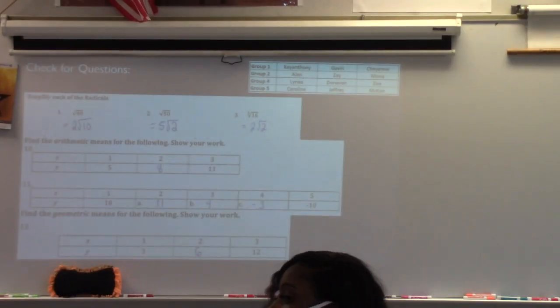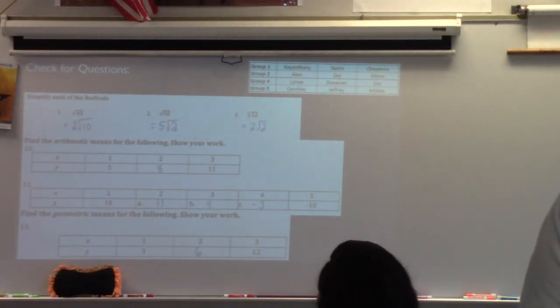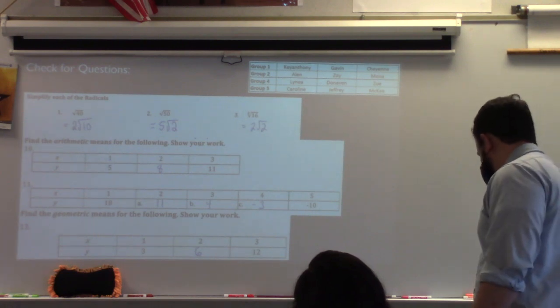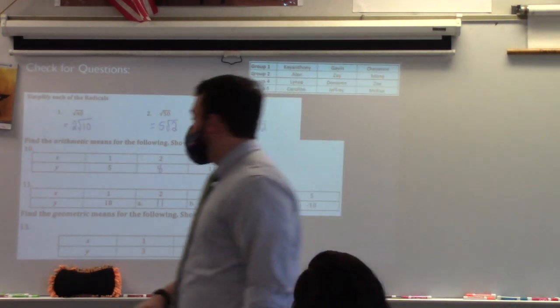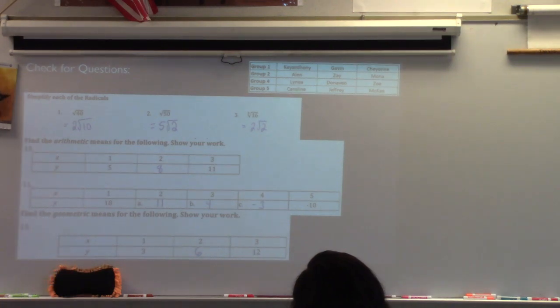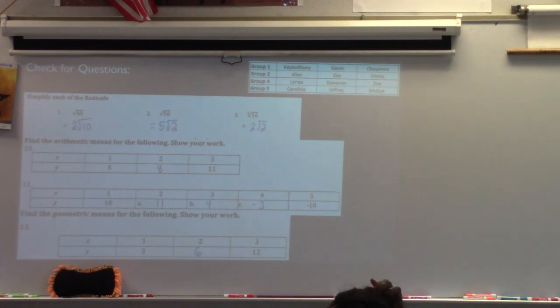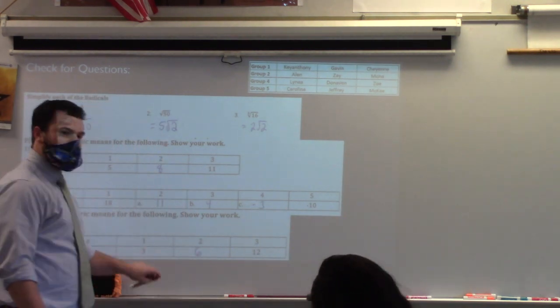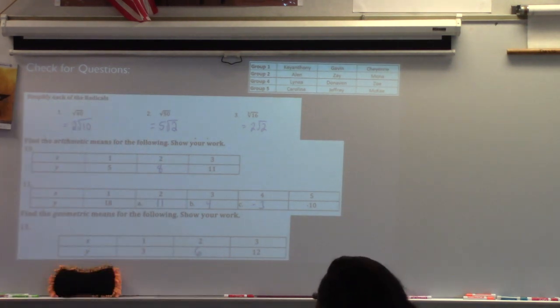All right, what questions do you have off of this homework? And you had to do all 6 of these? Number 2. Okay. How come we do 2 square root of 2 instead of just the square? Instead of just the square root of what? Like,